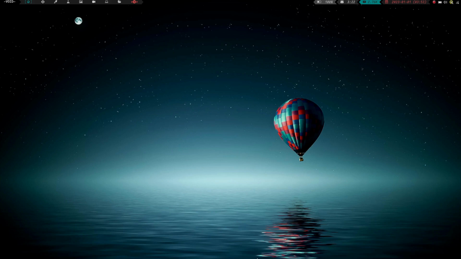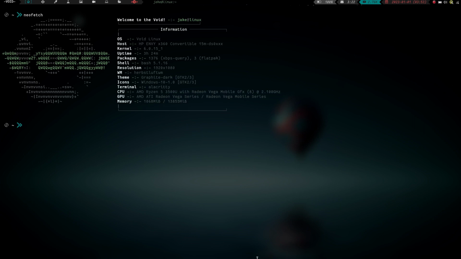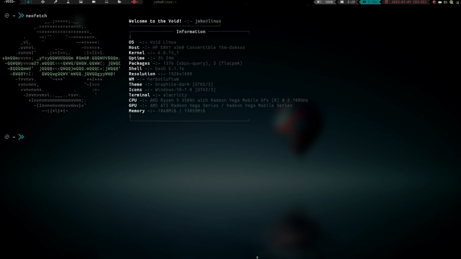We're going to start with the basics, the meat and potatoes basically of my system. And what I'm running is an HP laptop. So if we run neofetch, if I could type today, boy, I'm really bad today. Let's zoom in a little bit. You can see I'm running an HP X360 convertible